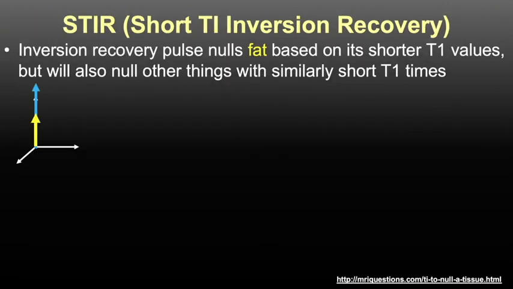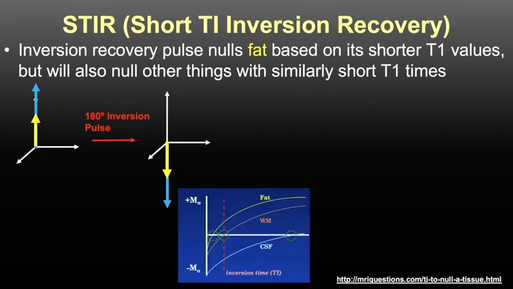Now we're going to switch gears and talk about STIR, which is short TI inversion recovery technique. Unlike CHESS and Dixon, STIR relies on the intrinsically short T1 relaxation time of fat for it to work. So we again start with the nice water and fat protons in blue and yellow respectively spinning around that z-axis. And we apply a 180-degree inversion pulse. And this is not a selective pulse, so both water and fat protons are going to be pushed into that negative z direction, right? But because fat and water have different T1 relaxation times, after a short amount of time,